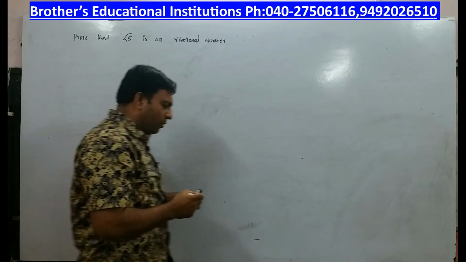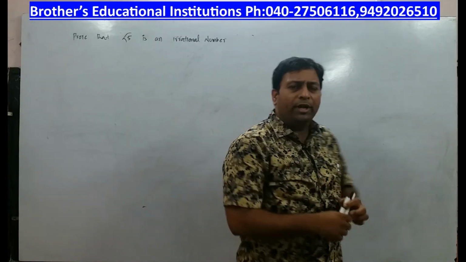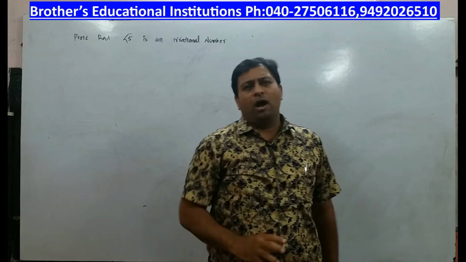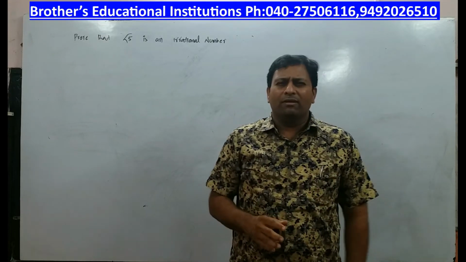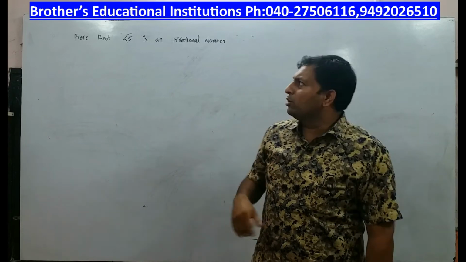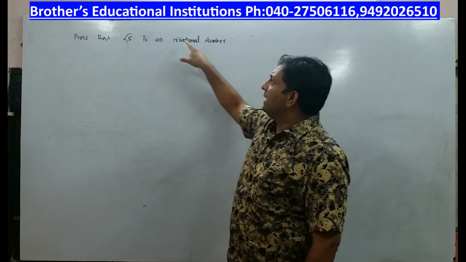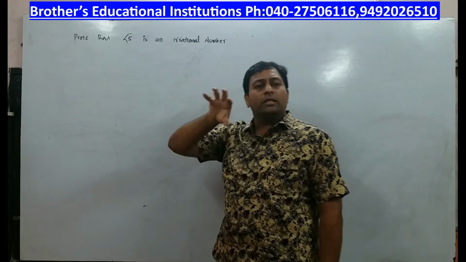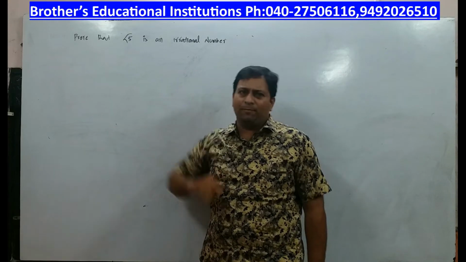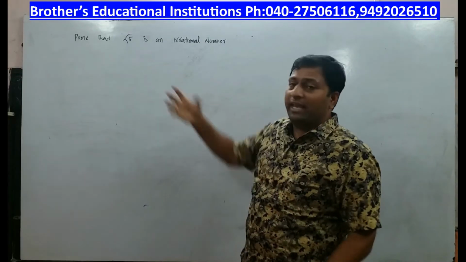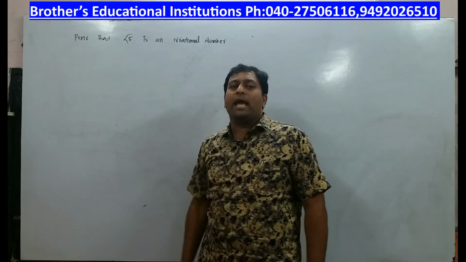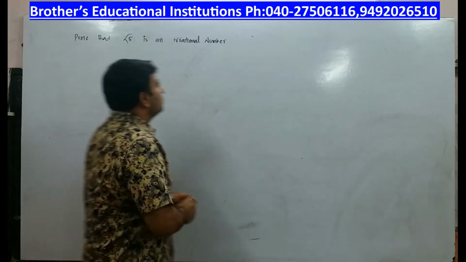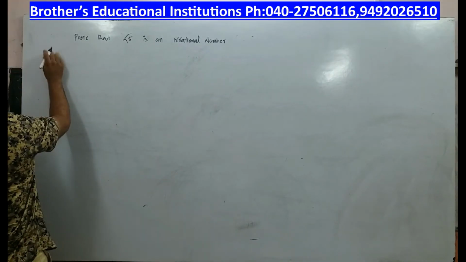How am I going to prove? What I am going to do is use the method of contradiction. Means contradiction proof I am going to take. What is that, sir? In order to prove that root 5 is an irrational number, first I will assume that root 5 is rational. Now when I assume root 5 is rational, what is going to happen? We will see. So I will say proof.